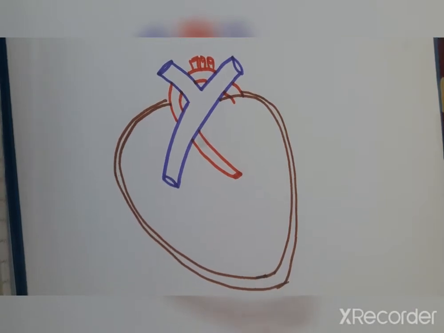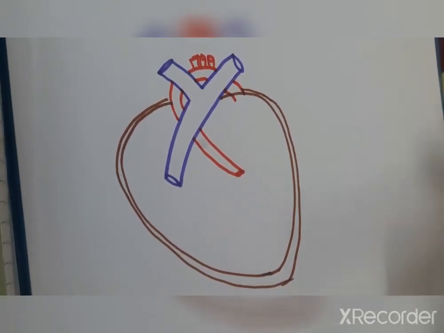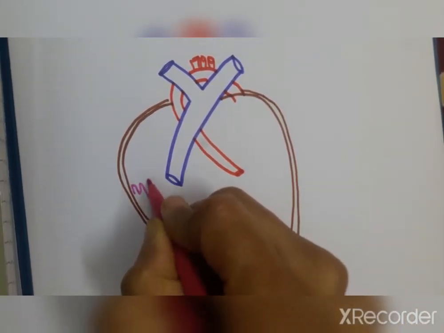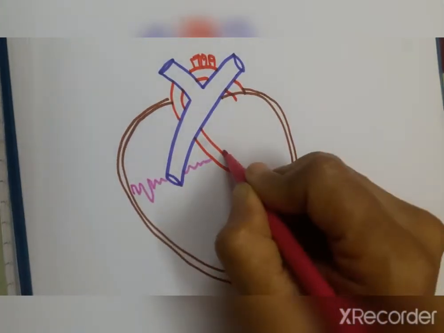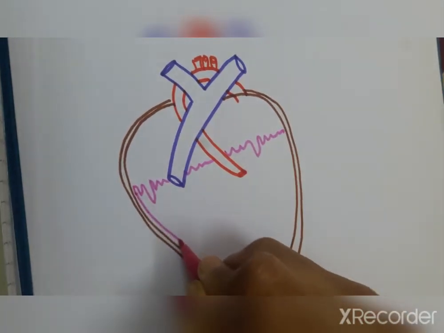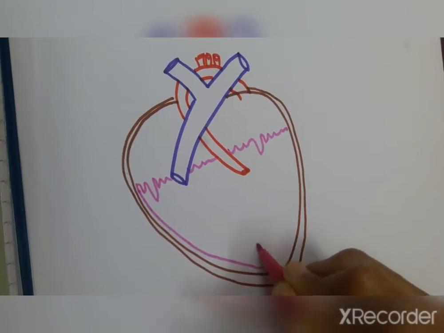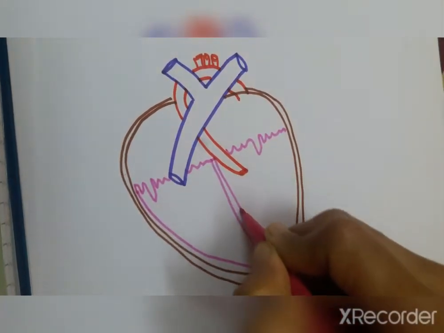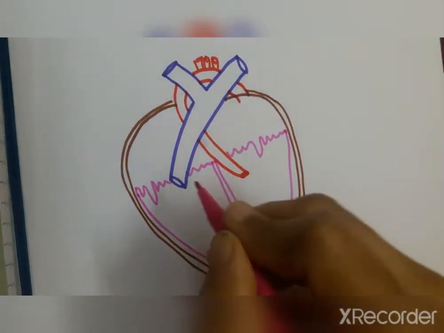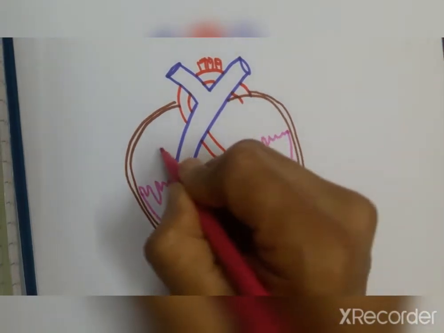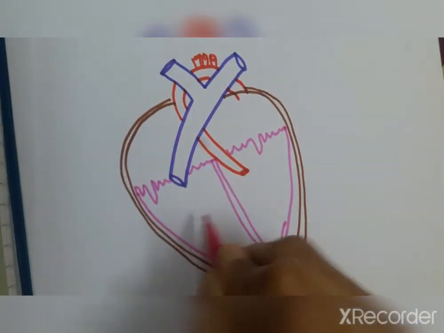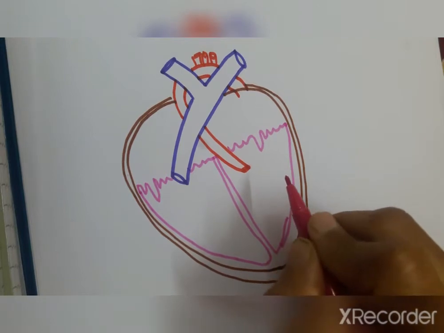And you all know that the heart is divided into 4 chambers, right? So we will divide the heart into the 4 chambers. You know what are the 4 chambers called? Yes. Now here, these are the upper 2 chambers which are called as the atrium. This is left atrium, this is right atrium, right ventricle and left ventricle. Okay children, we'll do the labeling later on.